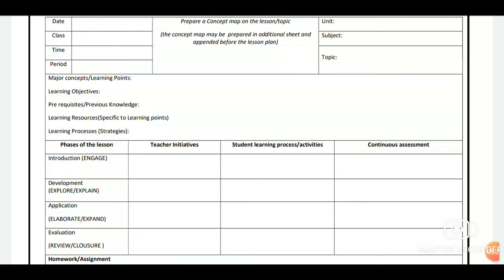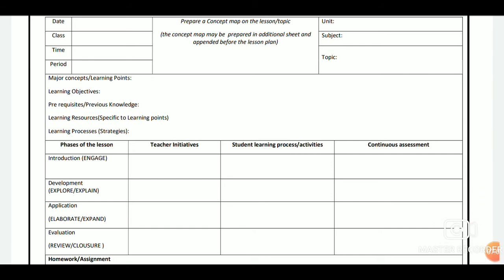Now, an important thing about lesson plan is we should always use present tense while writing a lesson plan. We should not use past tense or future tense. It is always written in present tense. For example, we will say teacher provides opportunity to the learners to perform an activity. We will not write that the teacher will provide. We will always write teacher provides. Similarly, students perform the activity. We will not write students will perform, we will write students perform directly in the present tense.